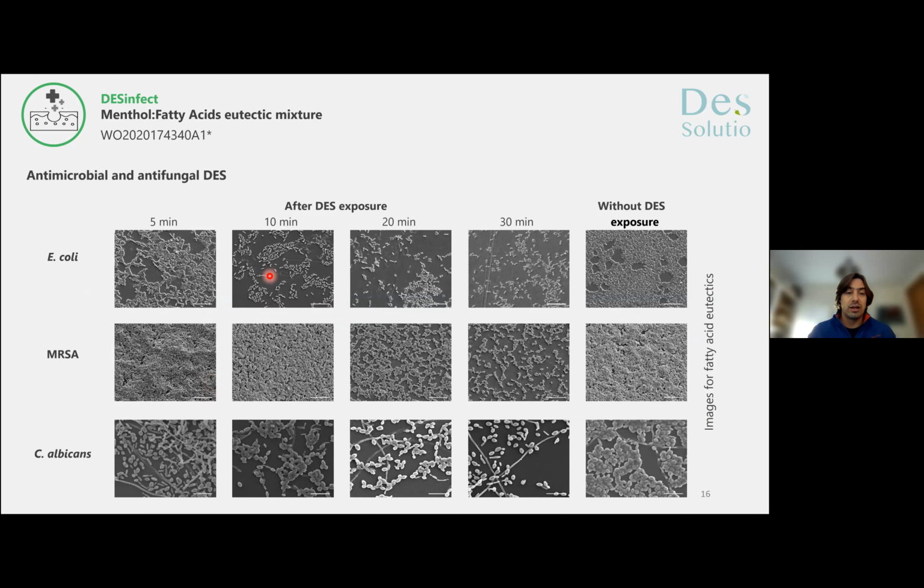You can see here, for example, with 3 different bacteria, that when we apply the deep eutectic solvents on a colony of bacteria, what happens is that you clearly see a decrease of the population, and it's decreasing very fast. Without deep eutectic systems, they grow without any problem. This is because they cannot adhere to the surface, and so they start dying because these systems are antimicrobial, so they kill the bacteria, but more important, they don't allow them to attach. Even if they don't die, they cannot grow.